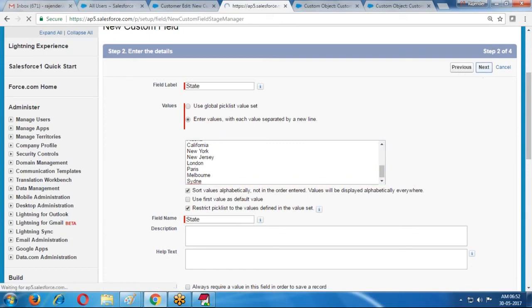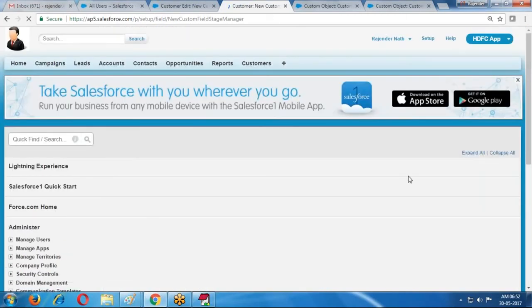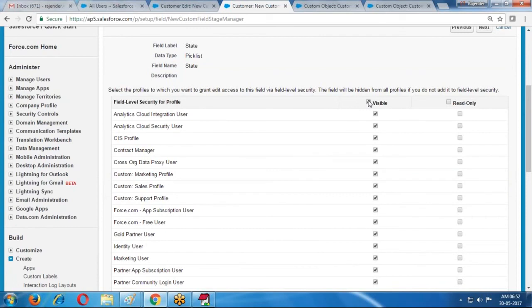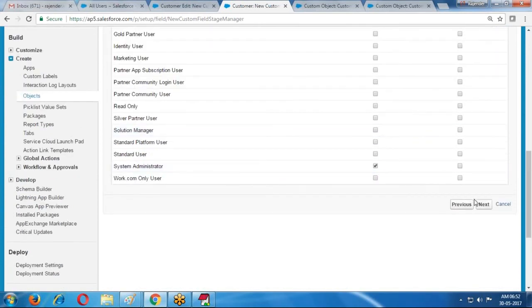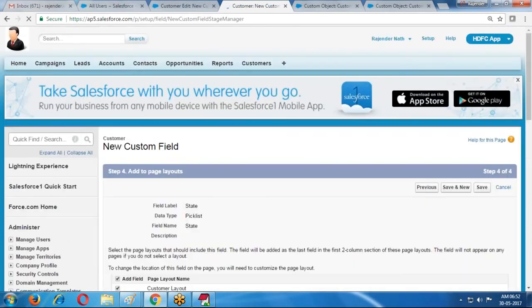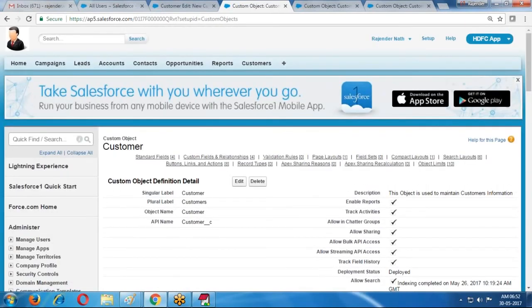Some of the state values I'm providing here. Click on the save.